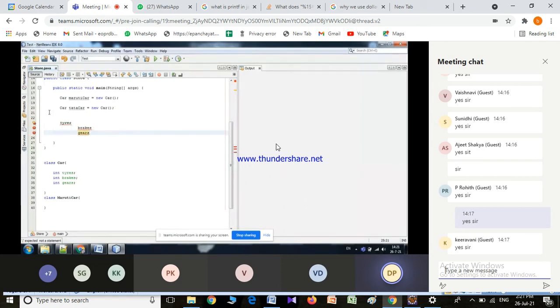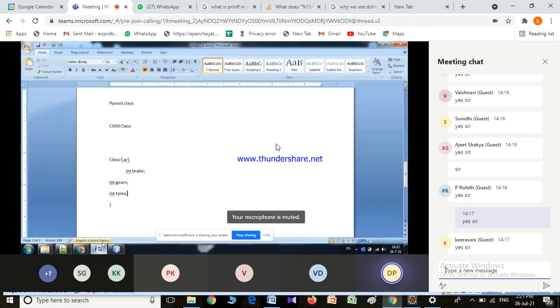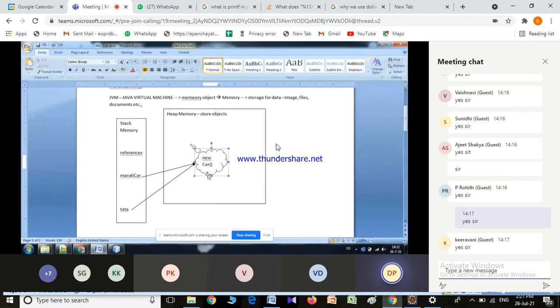Only the make differs: tires may be made by some company, brakes by another, gears by another. But whatever it is, if we create instances of the same class, we will have two different references, but as we see in the memory model, only one object is created in the heap memory, and the same object is used by both the Maruti car and the Tata car.